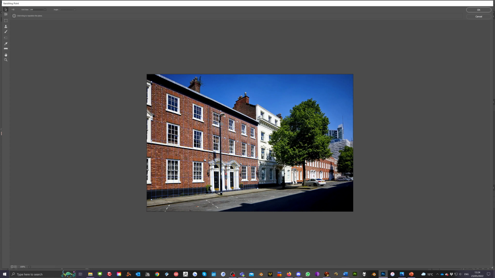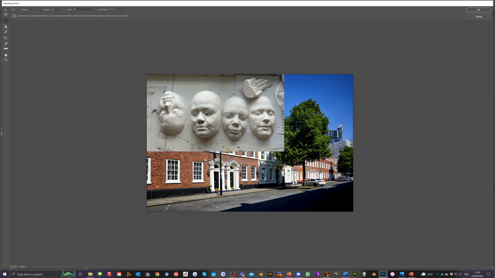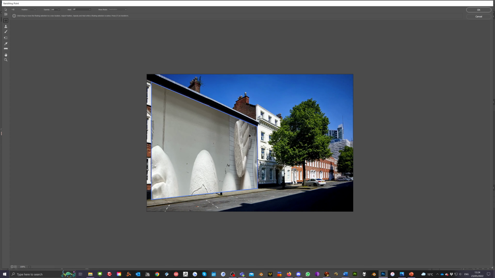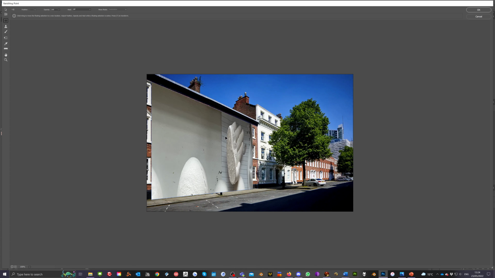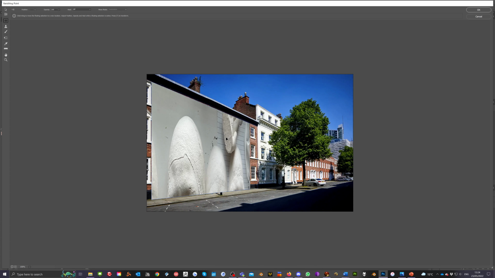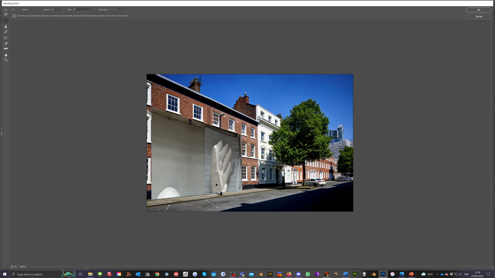So I'm going to go Control V to paste in my picture, and then as I drag it over the selection area we've made, the perspective area, can you see my photo has jumped onto the wall? But it's huge, so I can transform it using this transform tool, which is Control T, and then I can